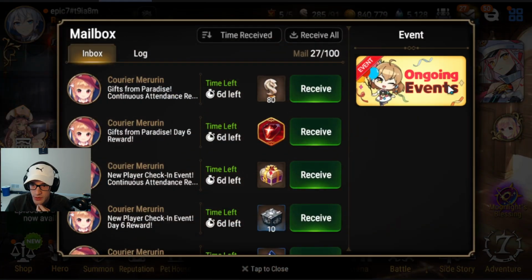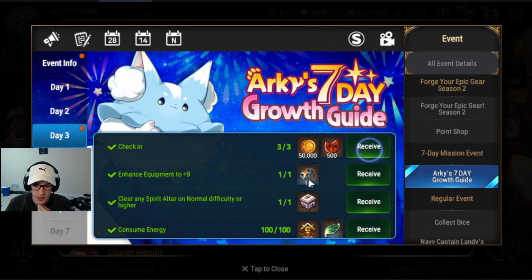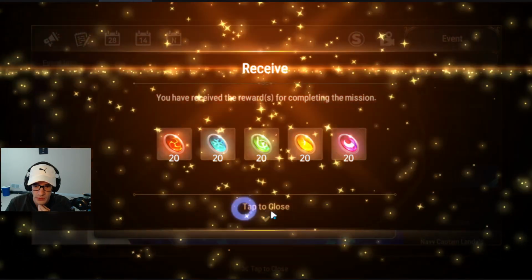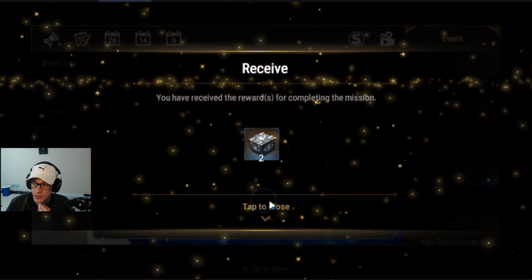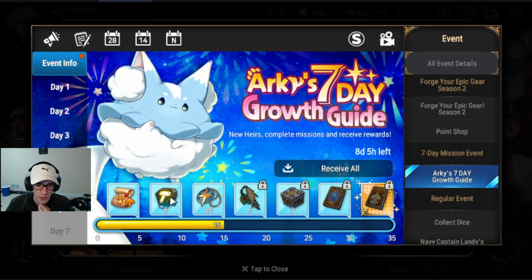So the first thing you're going to want to do is make sure to claim all your day 3 stuff so you get that free attack set, and then you're going to claim this stuff here. So let me do an overview of what we've done so far. Yesterday, it was just clearing. You're basically trying to reach level 25 on day 2, and once you reach level 25, you are going to be